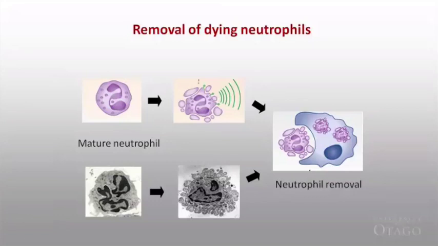It comes into that inflammatory site after the wave of neutrophils, and they clean up. Here's a picture of an actual neutrophil, and here you can see the electron micrograph of it underway in that process, and you can see all of that blebbing. Now, we've spent a bit of time looking at this, and we've been able to use one of our very cool new toys